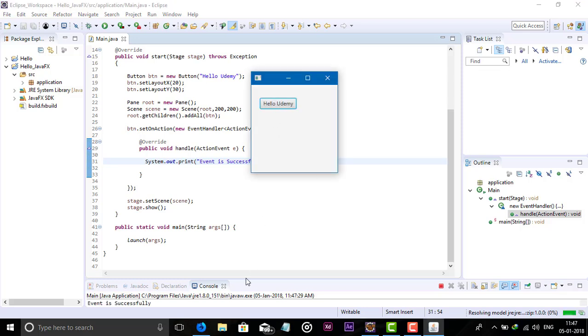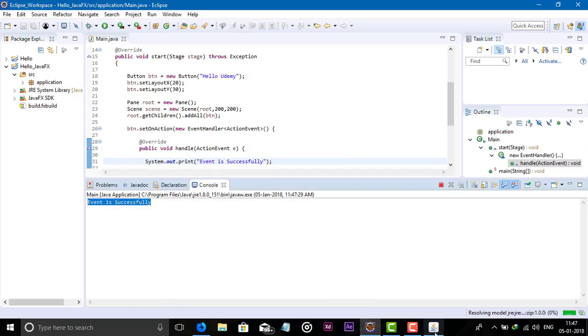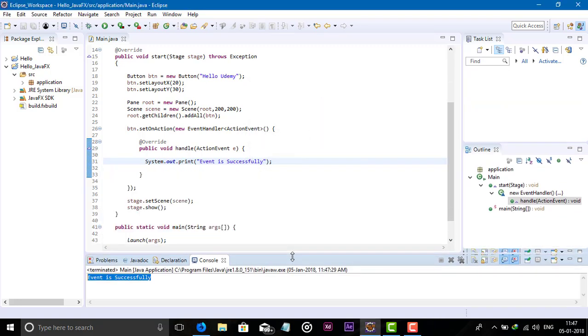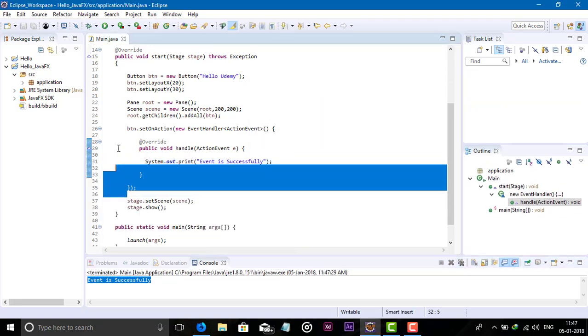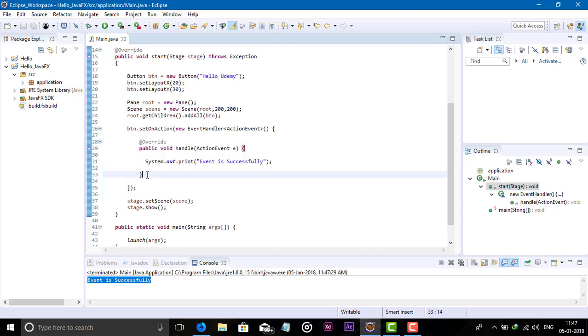Click here. Now you can see here in the console the event is successful. So this way you can add the event on any component, on button components. Okay, so this is the old fashion way to add the event.